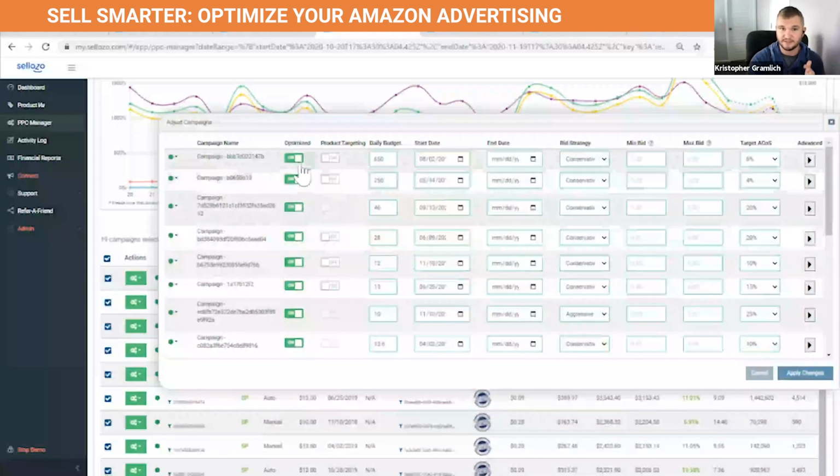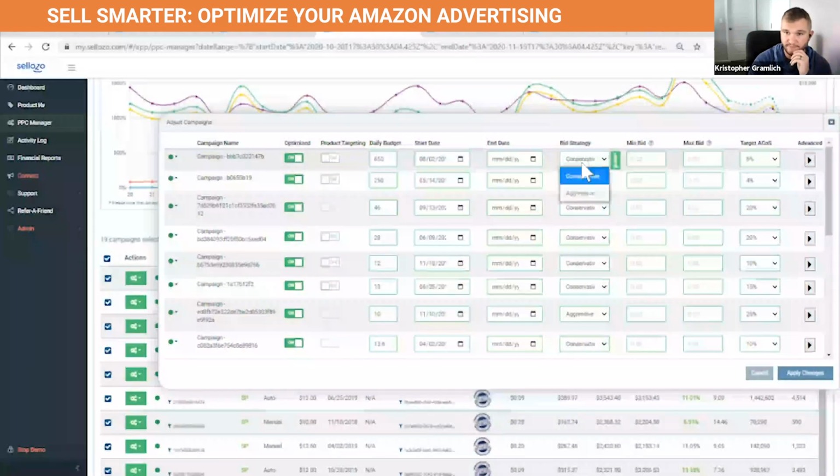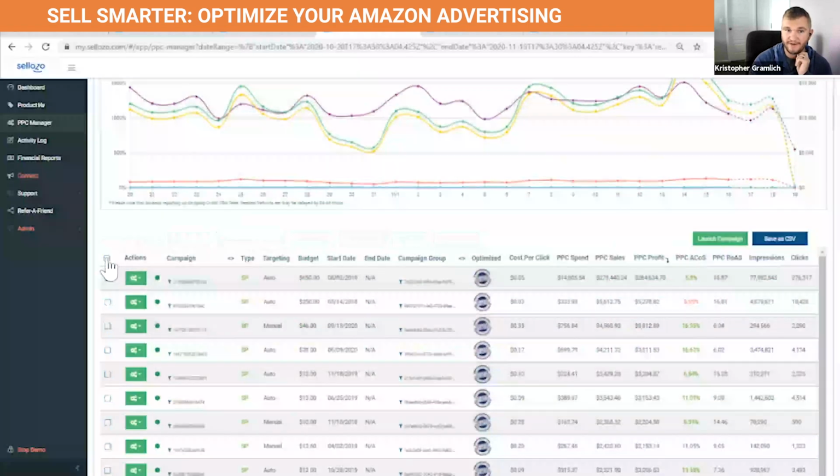So there's still things you can do in here. You don't have to do one by one. You can do it in bulk. I can change my bid strategy. We're going to talk about what this is. There are different bid strategies. So there are things you can do in bulk,